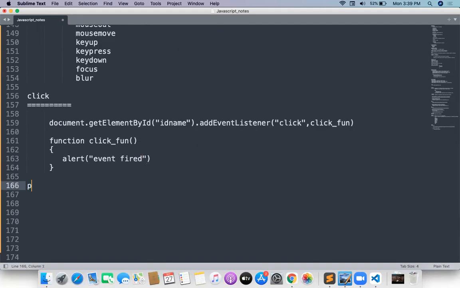Process of event, see the process. The process I'm writing first. First point is access the element or class or ID. Second point, add event by the method called addEventListener.